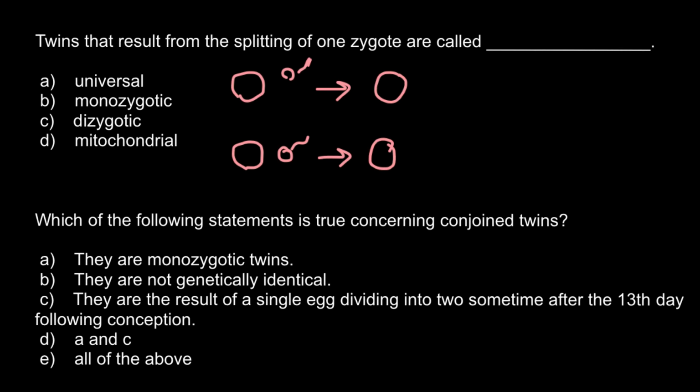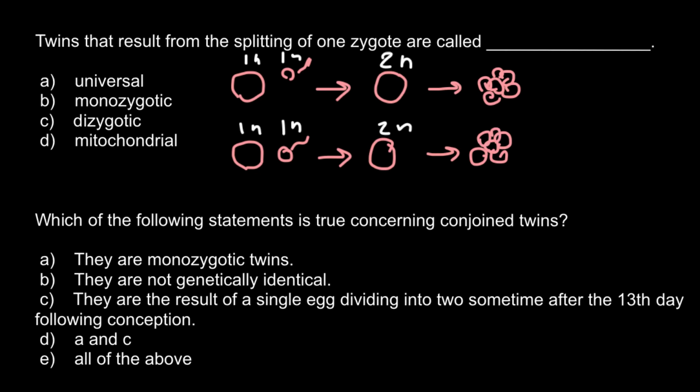So this is going to be 2n here, 1n here, 1n here, and 1n ploidy here. At the next stage, these two zygotes divide, and we have two separate blastocysts. And of course, as you see in this picture, one sperm may have a Y chromosome,